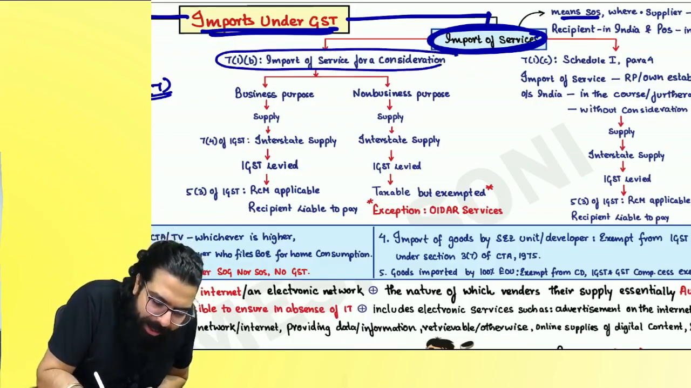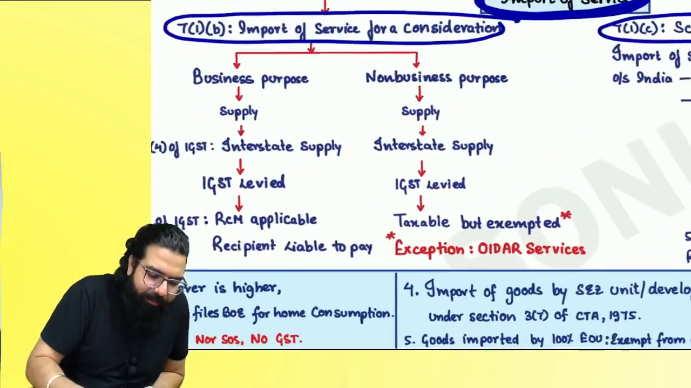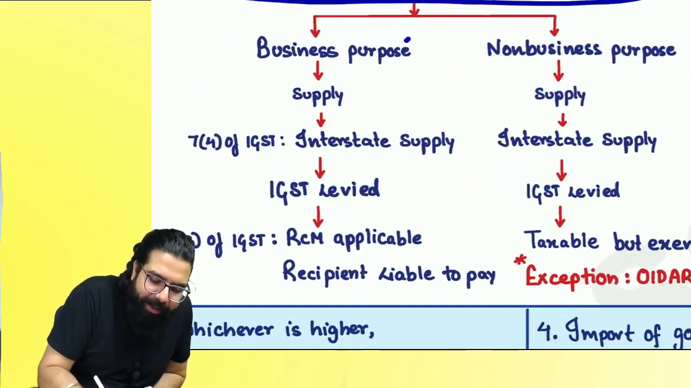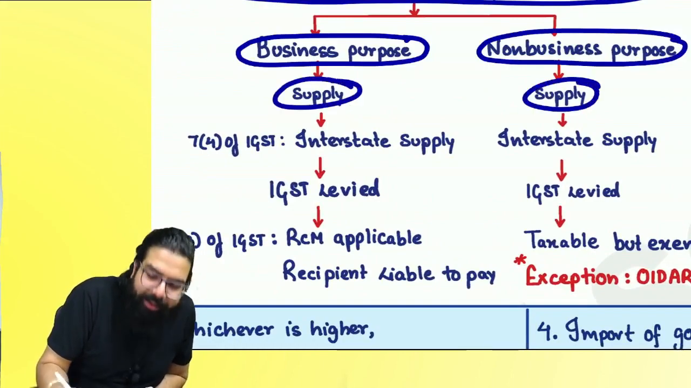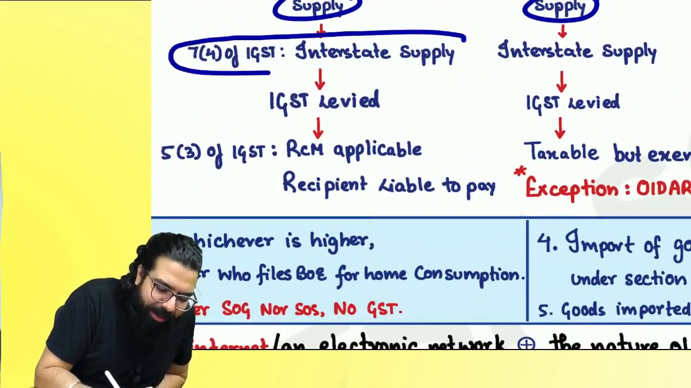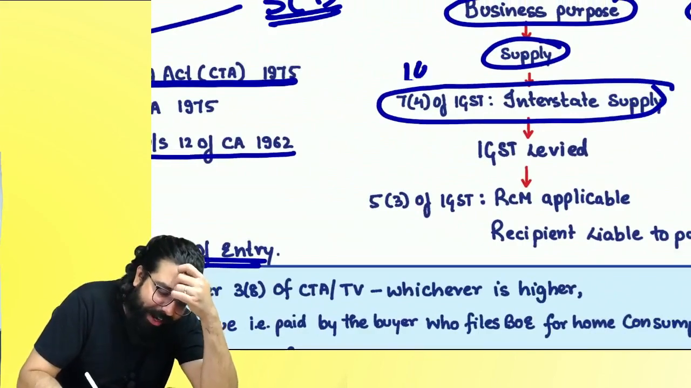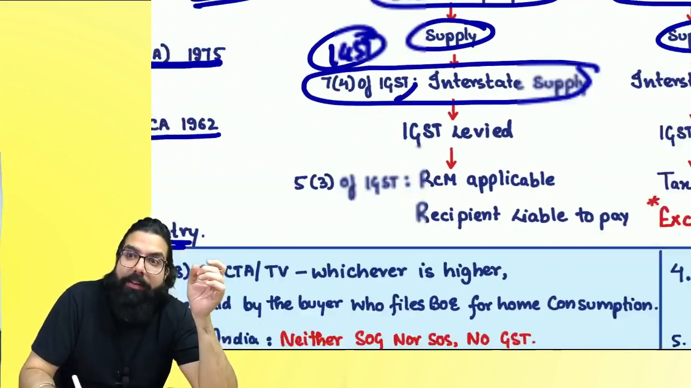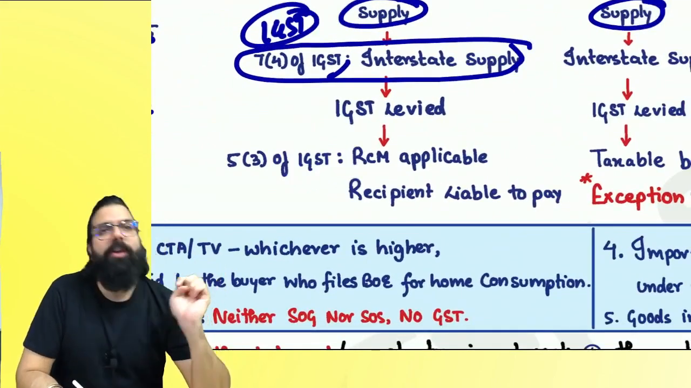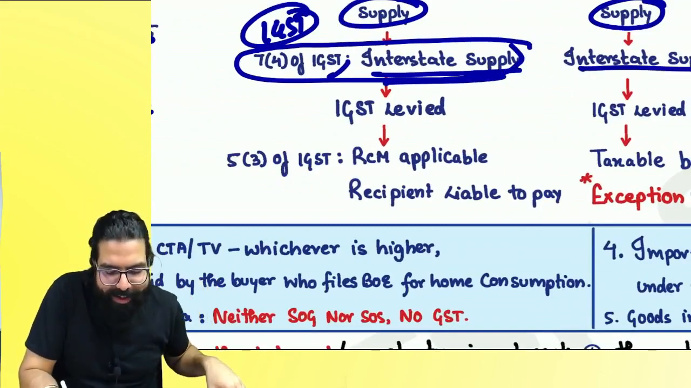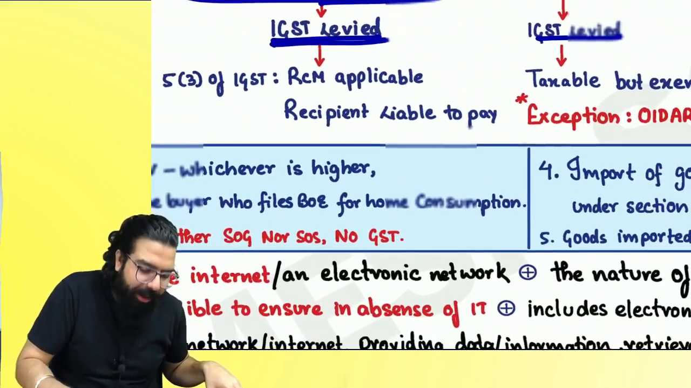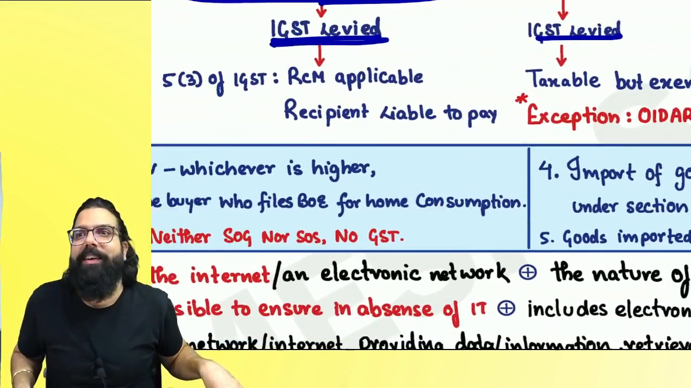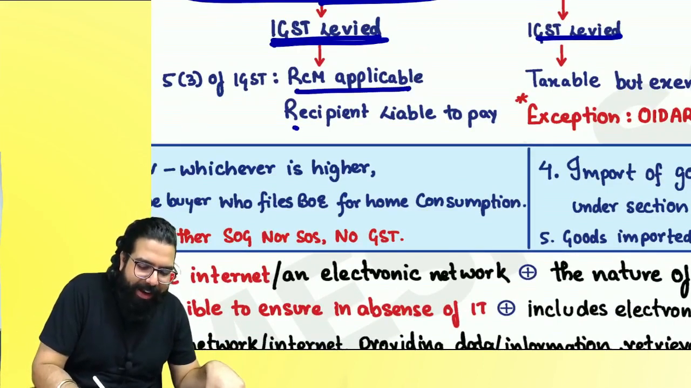Section number 7(1)(b) and section number 7(1)(c). Section number 7(1)(b) says business purpose, non-business purpose, both purpose. It is supply. And section number 7(4) of your IGST Act says what? Importation of service is always interstate. And what will come? IGST is levied. But when you read section number 5(3), reverse charge mechanism is applicable